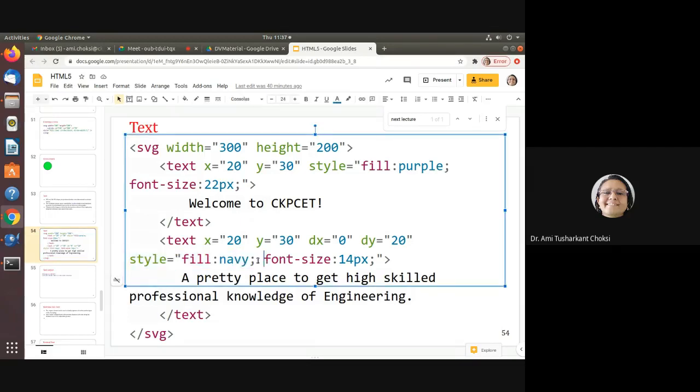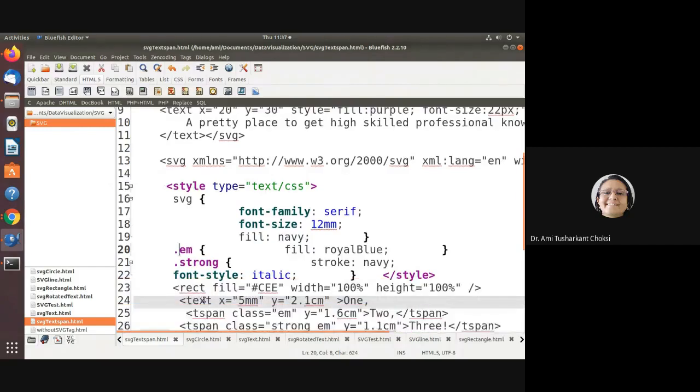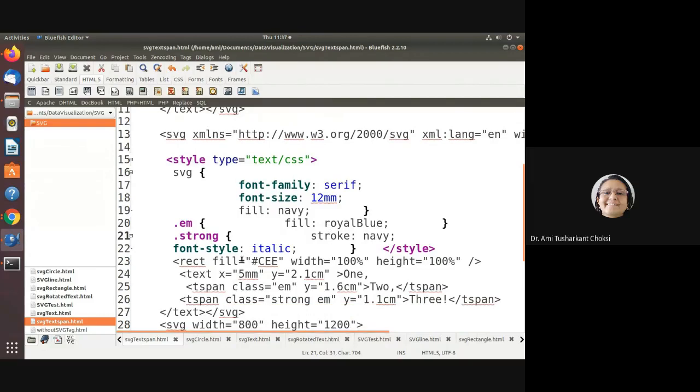Now here what we are doing is, here we are specifying that for the SVG tag, what will be the style. For .em, that is for em, wherever we are specifying the class, then what should be the style. For strong class, what should be the style. So we are specifying for the style.